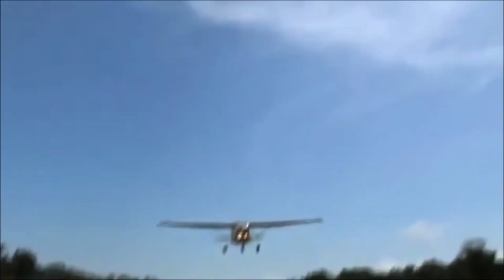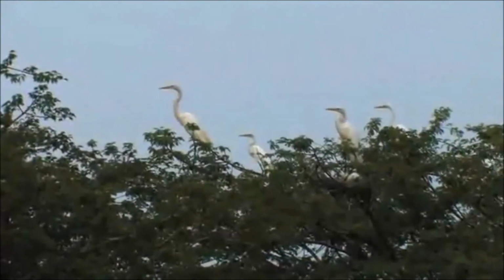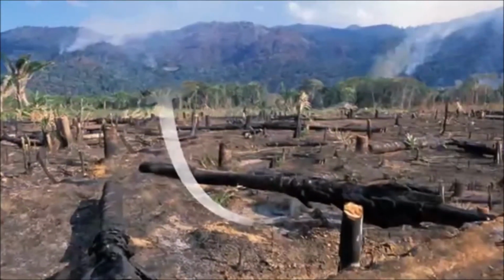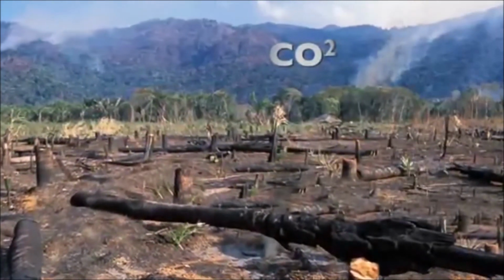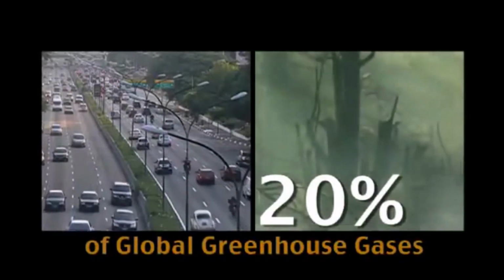Dr. Richard Rice has been working on the 200,000-acre conservation concession for the past 5 years. The fact that logging would not be permitted in this area allows us to avoid deforestation. And deforestation is an action that leads to the emission of carbon dioxide into the atmosphere. The clearing of forests around the world accounts for at least 20% of global greenhouse gas emissions released into the atmosphere, more than all the cars and trucks in the world.